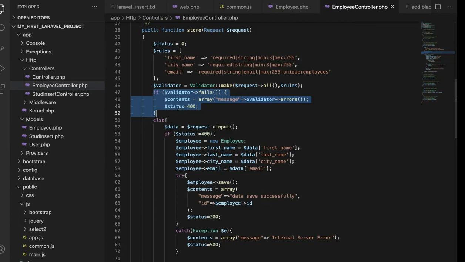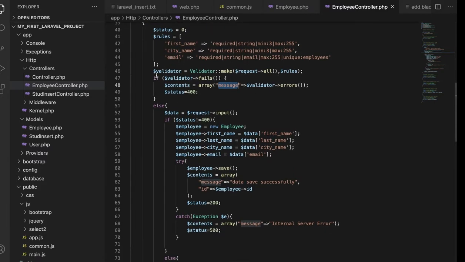If not correct, we maintain one array with the status code. Earlier I initialized it with 0, so here the status code is 400 for the error key. We use the message key to store all the information about the errors.